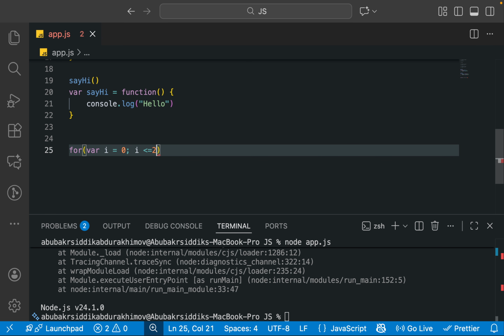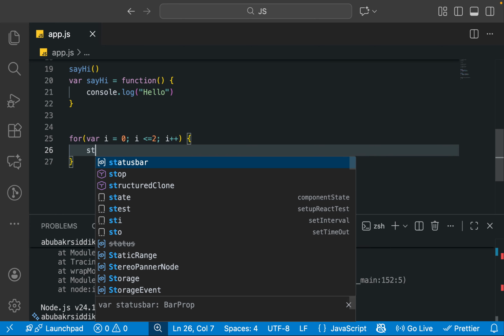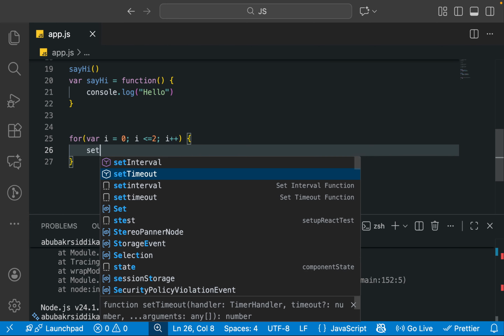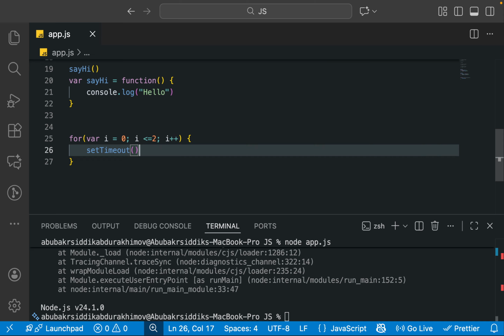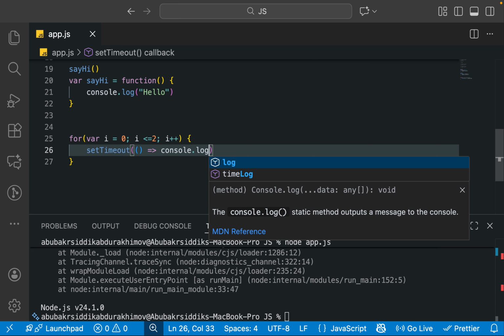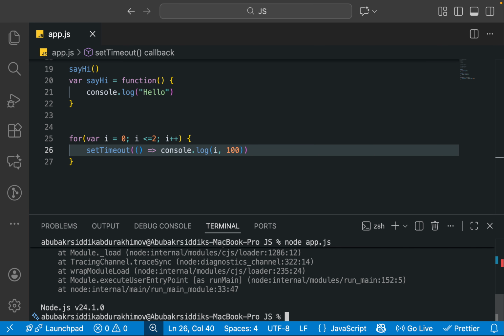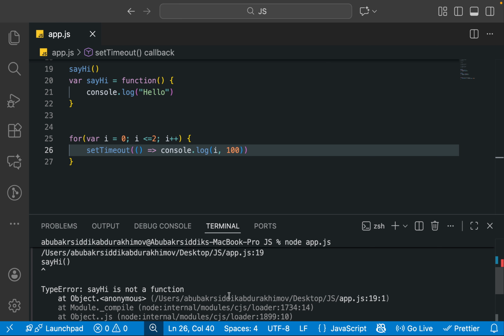And if I write setTimeout with a callback function, console.log(i), 100. If I clear it and rerun this, we get